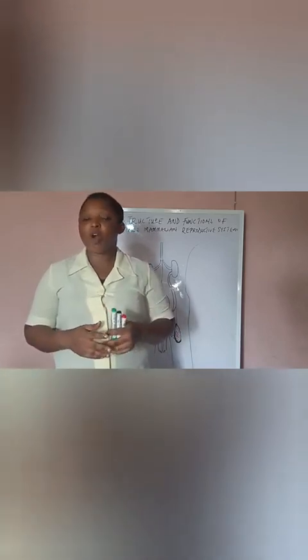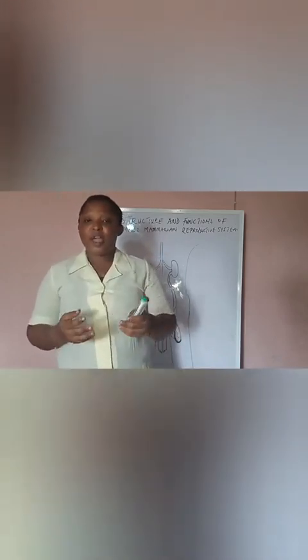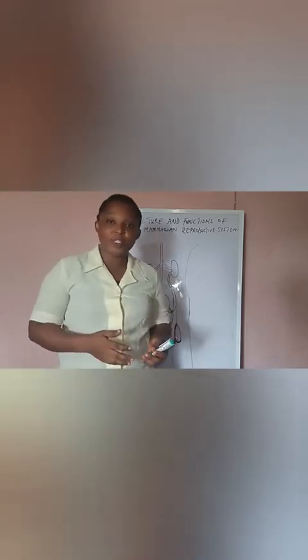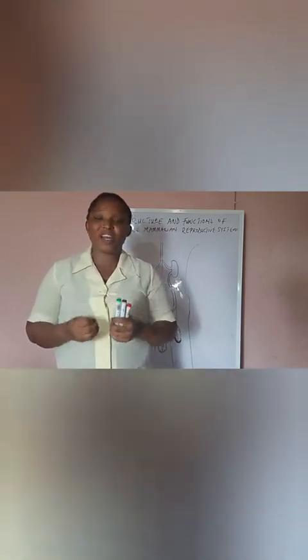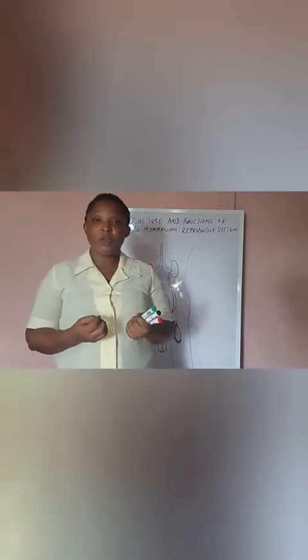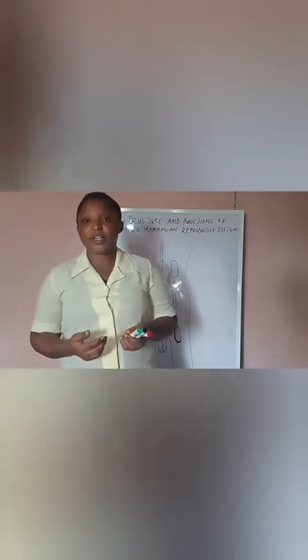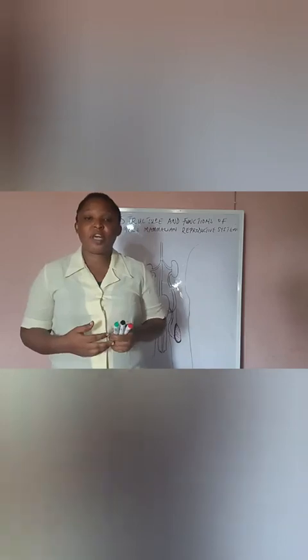Reproduction is the ability of living organisms to give birth to their young ones of the same species. That means a goat will give birth to a goat. So the organism that is given birth to will look like the parent. So that is reproduction, and reproduction is one of the characteristics of living organisms. The importance of reproduction is that it ensures the